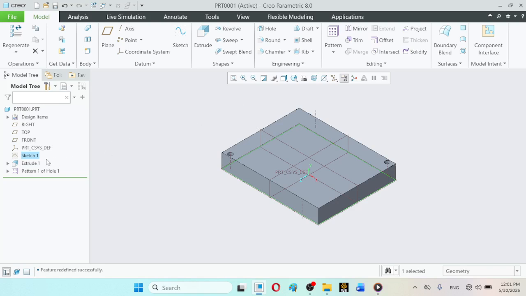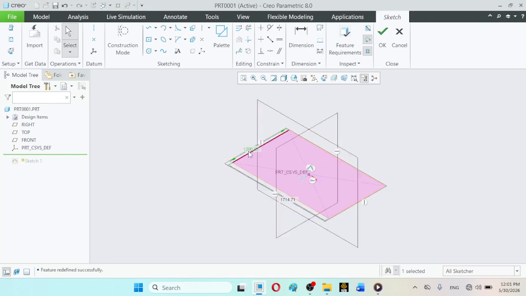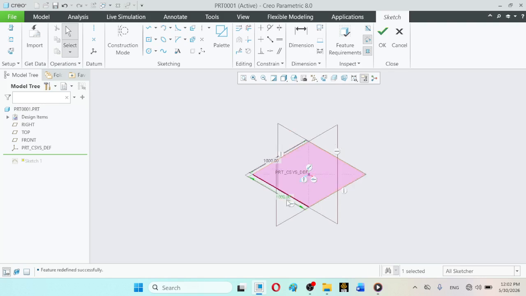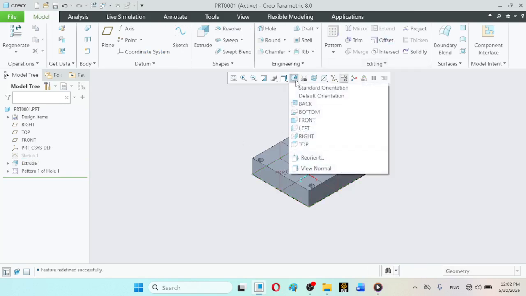So for example, we can just make it square, this also to be 1000, and this also to be 1000 here like this.